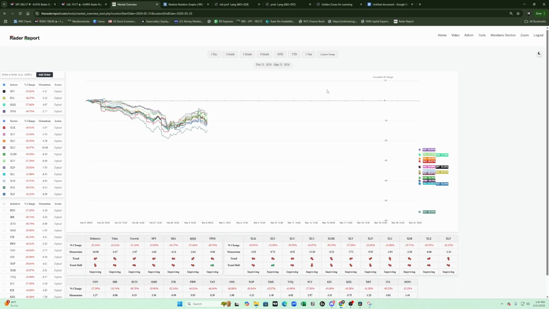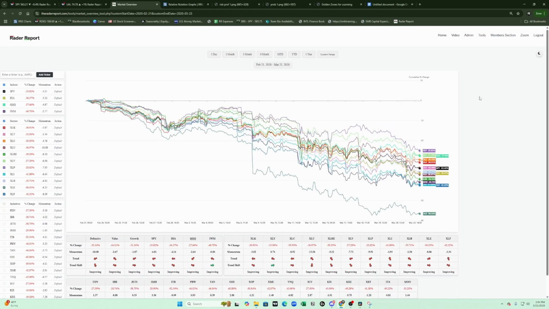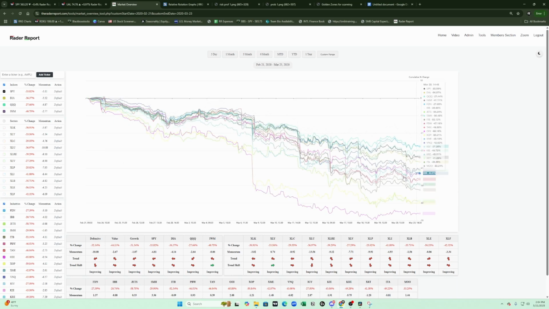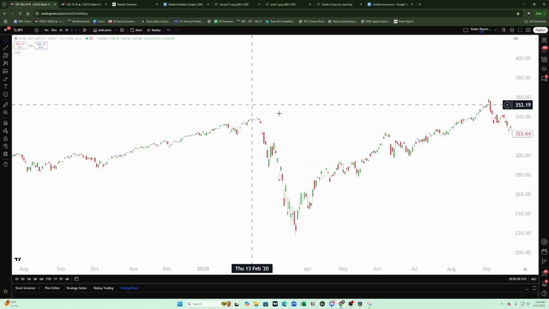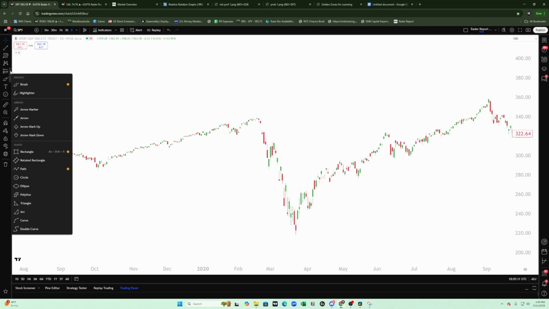Of course, we don't need a COVID-like event to take advantage of this concept, but what were the most beaten down names? Let's go to the industries here. You can see the most beaten down names are OIH, XOP, and JETS. These are all down over 58%. Airlines, some of them went down even 70% plus within this time frame. And if you look at SPY,